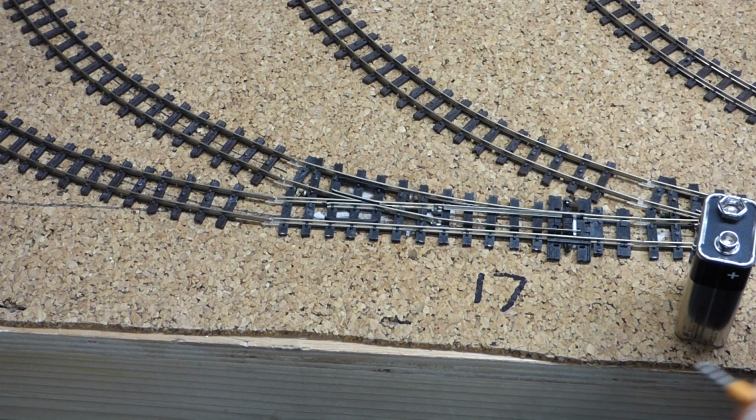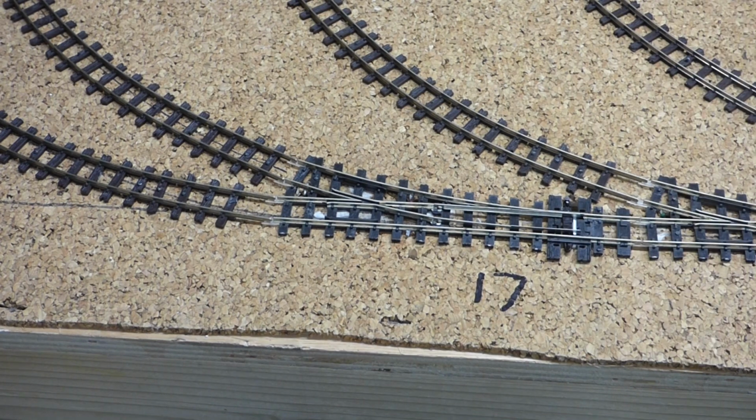When using the blue wire on the plus and the yellow wire on the negative, it throws the point to the normal and vice versa. So that's the way I want it to work. So I know I've wired them up right. Now what I've got to do is check that there's conductivity throughout the point. So while it's in the normal position,